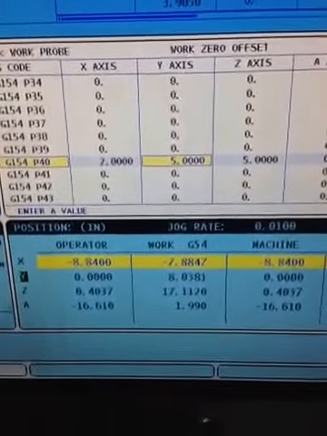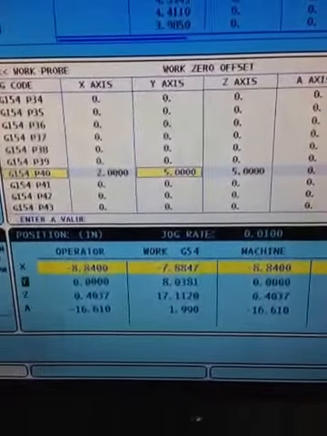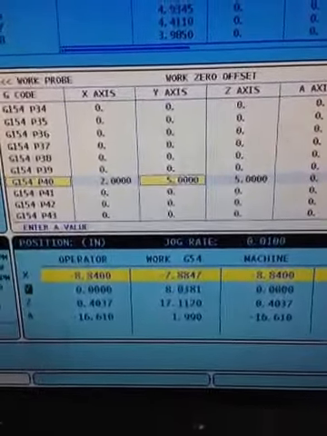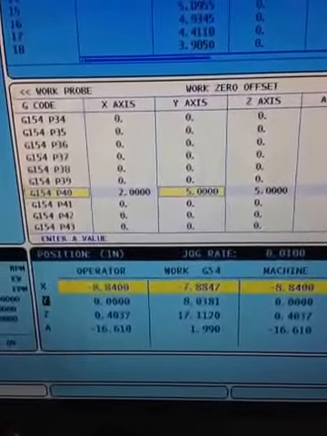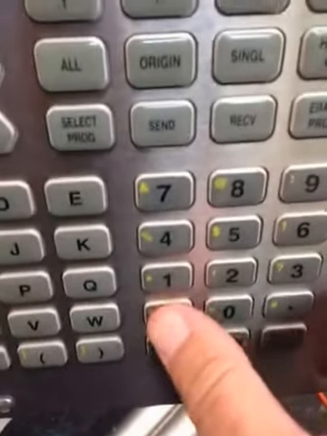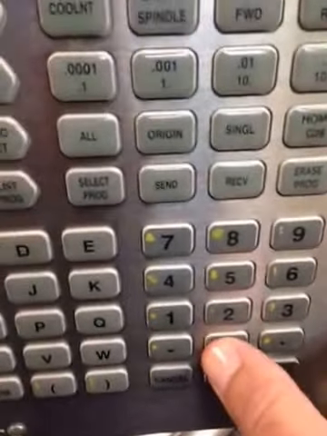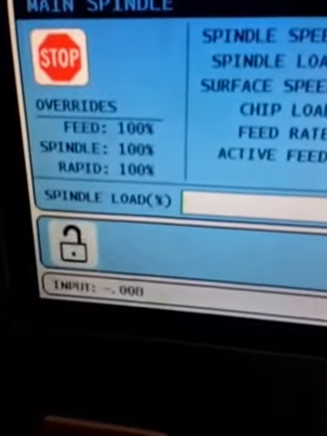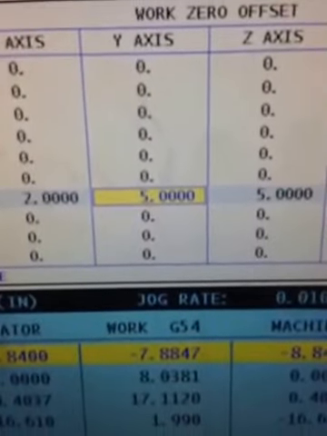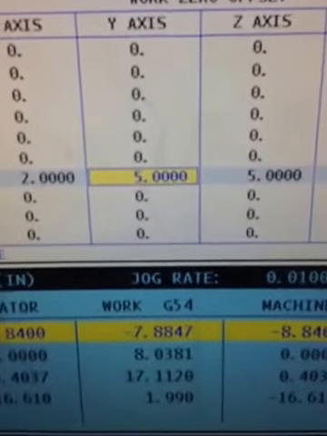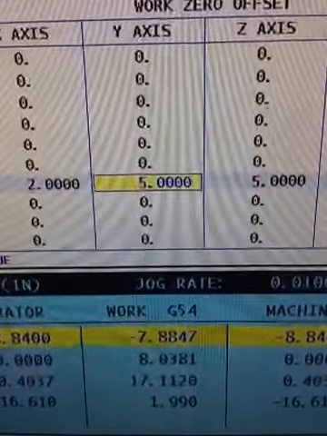Right now it looks to me like your y-axis needs to go minus 7.5, maybe 8 thousandths. So you'd hit minus 0.008, and it shows it in the corner right there. And then before you hit enter, watch the number that you're changing. So we're going to change that 5. We're going to reduce it